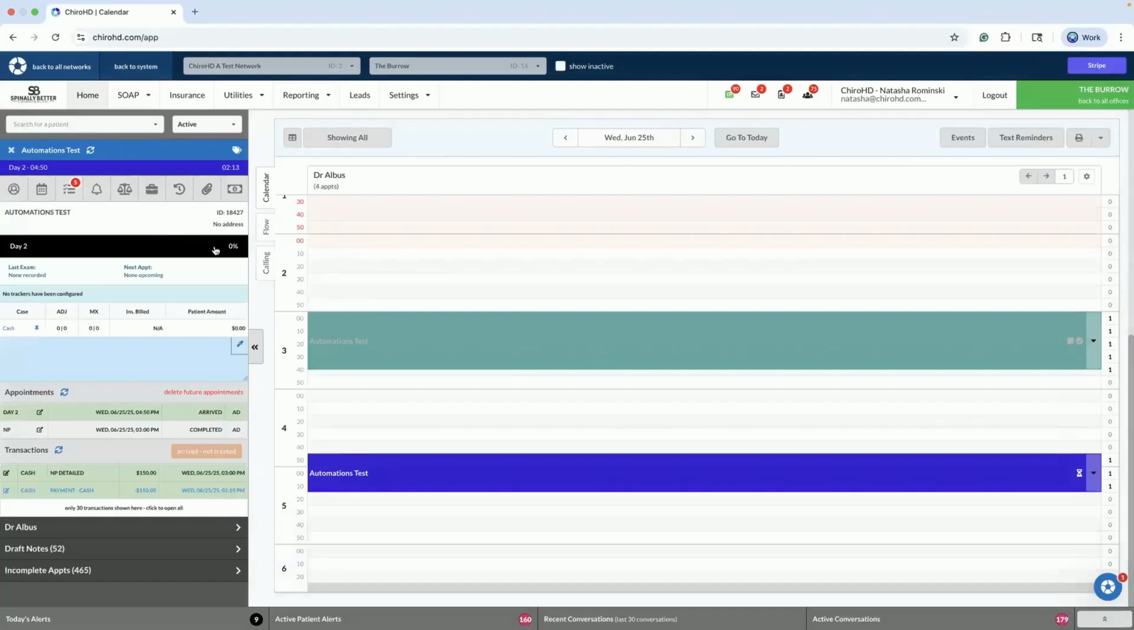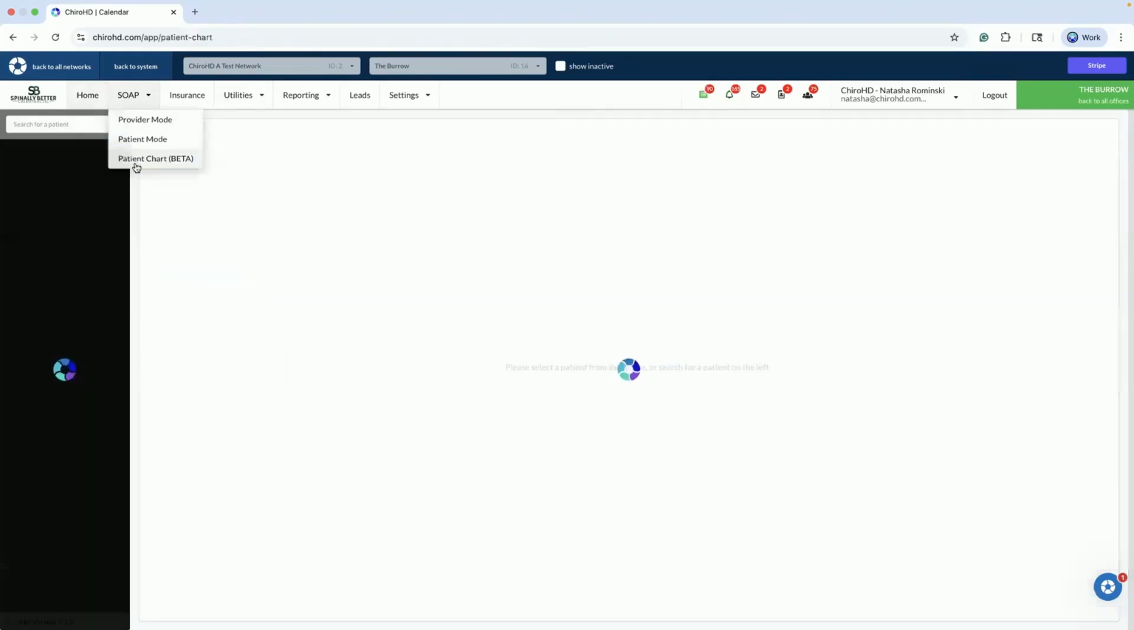But before we even start to address the steps that you would typically take from the front desk perspective, we just make sure that, again, the patient is checked in, and we're going to get the SOAP note done because the patient is going to be seen. Typically, they would review either x-rays or scans with the doctor and then be presented with a care plan of sorts. So I'm going to navigate again to patient chart beta,